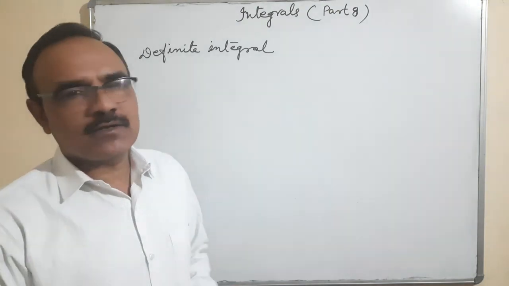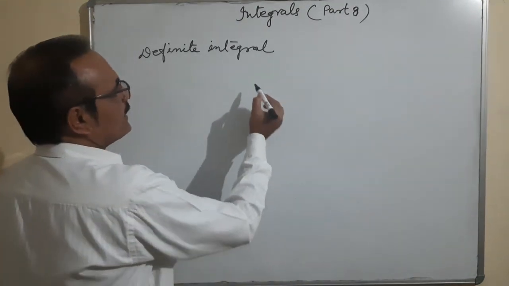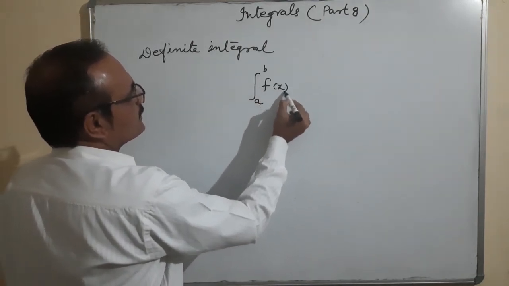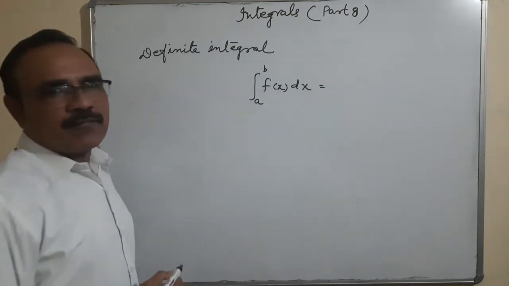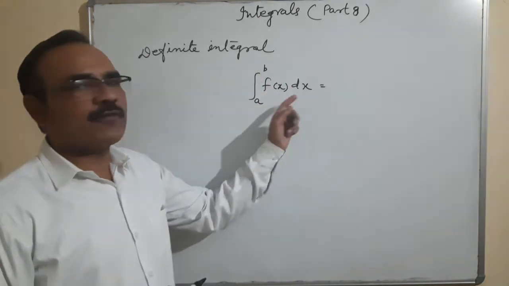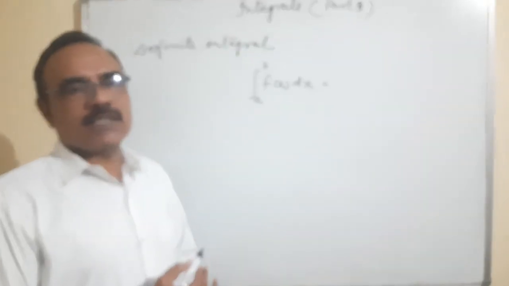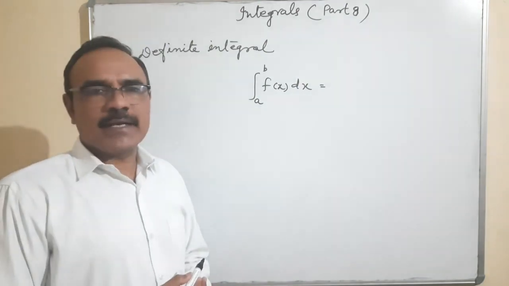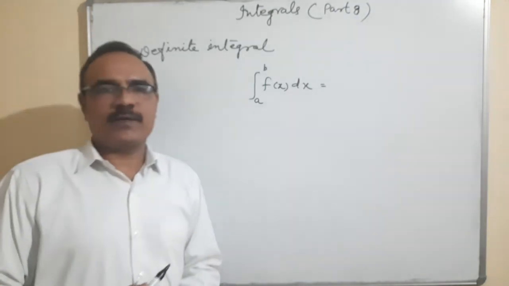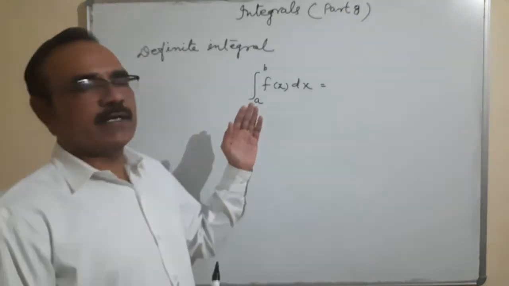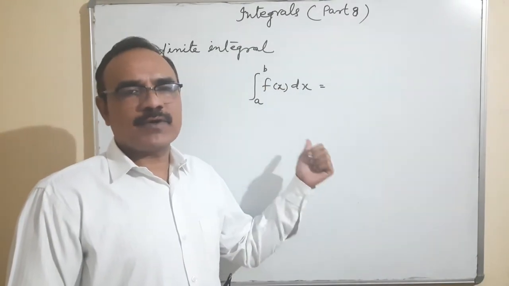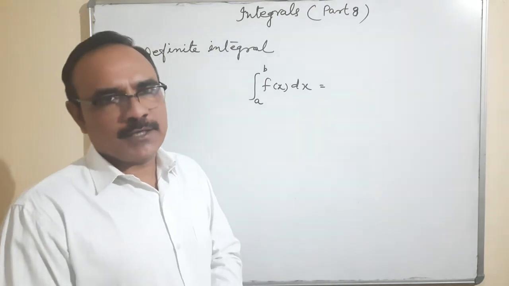This is definite integral. For example, suppose I write here the integration from a to b of f of x dx. It is a definite integration. These are limits, and this is the lower limit. Or we can use the other term, that it is the antiderivative of f of x in the interval a to b. So both things are the same, whether it is the integration with limits a to b of f of x dx, or an antiderivative of f of x in the closed interval a to b.